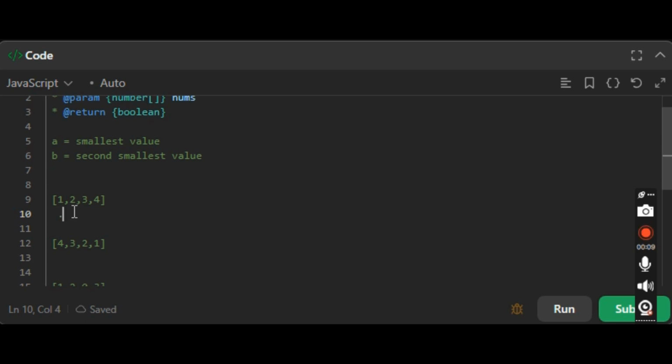So first iteration, I'll check the 1, and first I'll set a and b to be the maximum possible integer, right? So it's basically positive infinity. So I check, okay, is 1 less than positive infinity? Yes, it is. So then I set a equals 1. So this is the smallest value I have so far. So then I go to the next iteration,